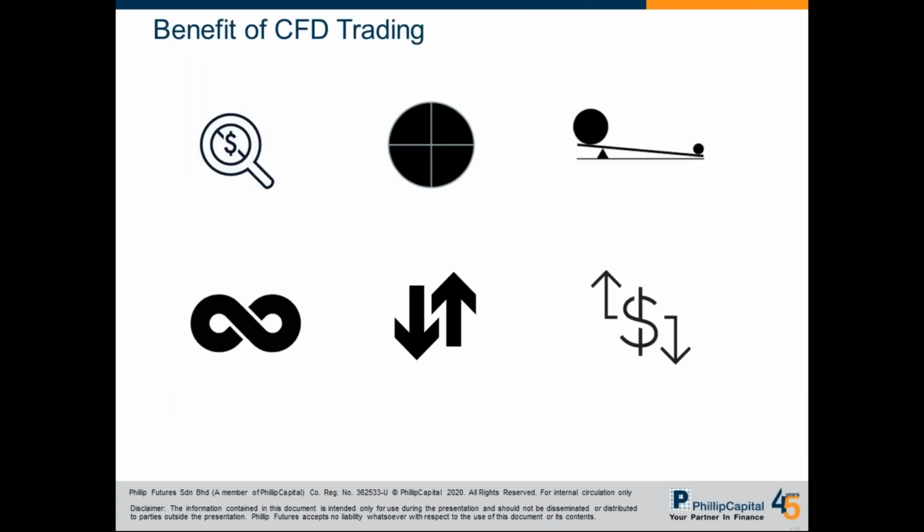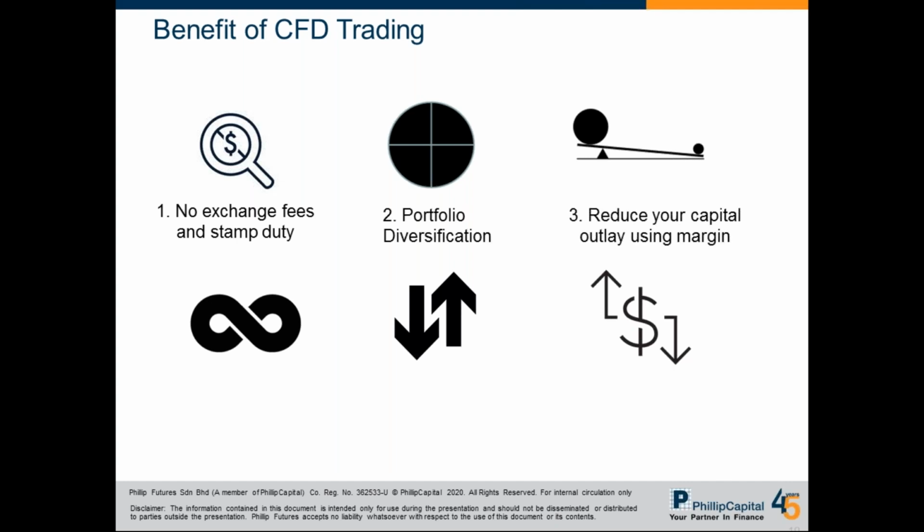So why does everyone trade CFDs? A lot of people always mention trading CFDs, but what is the reason? First, there is no exchange fee because an exchange is not involved. Second, it allows investors to diversify their portfolio better because of the favorable margin. Unlike futures trading, in CFD trading there is no expiry date on the product you hold. As long as you have sufficient maintenance margin, you can hold it as long as you want. Next, CFDs allow bi-directional trading, which means investors can hedge their portfolio.